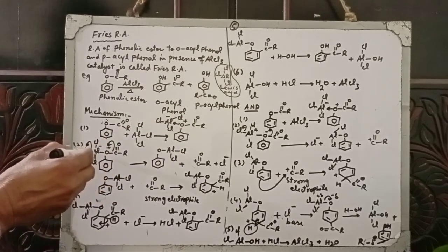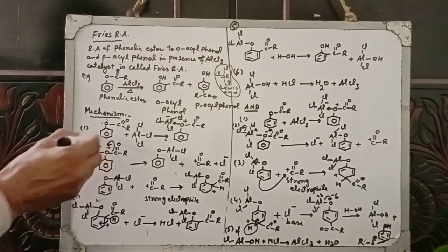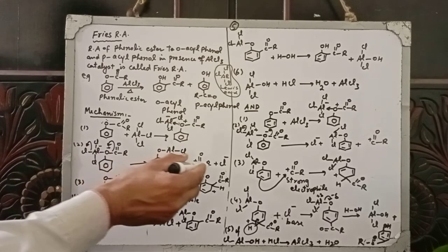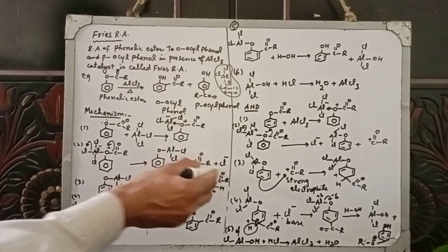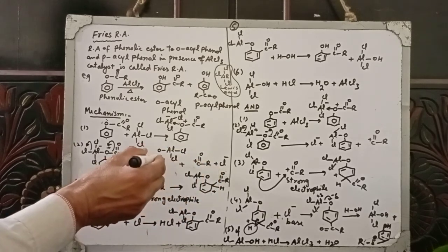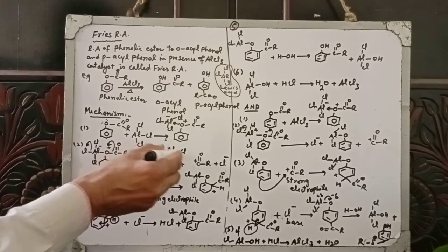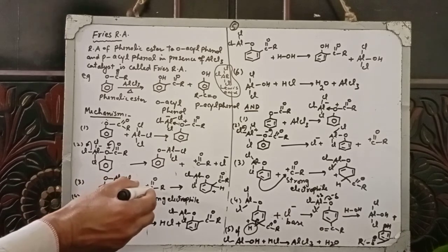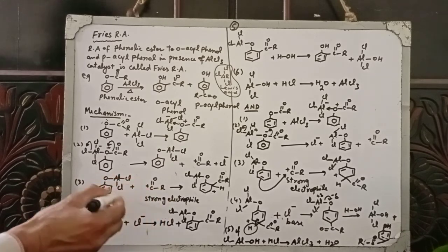Now, in the second step, this positive oxygen withdraws electrons from the electrophilic carbon, and a strong electrophile, C double bond O positive, is generated, and Cl is also lost as Cl negative, so the compound becomes stable. Now benzene is attached through oxygen to AlCl2. Now this AlCl2 with C double bond OR acts as the strong electrophile.